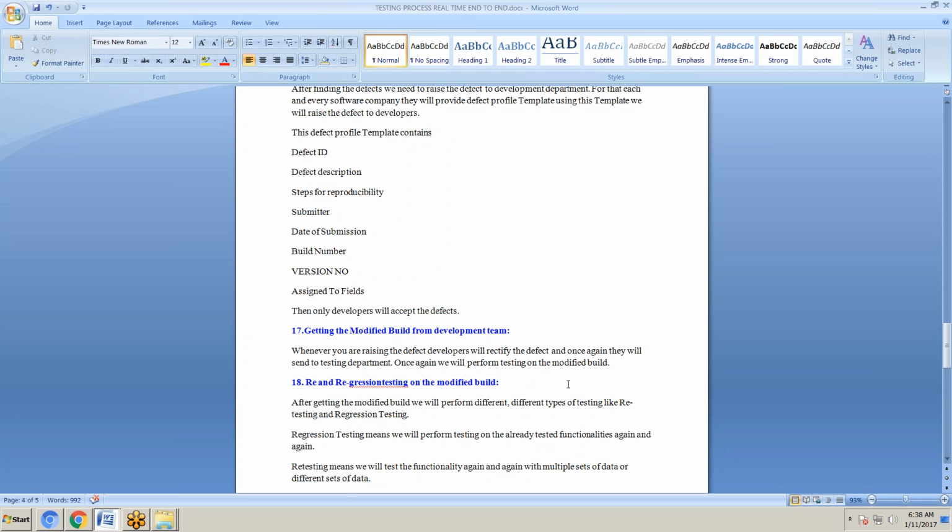If any one new functionality is added by the developer, once again we need to test all the functionalities. Not only the new functionality, the already tested functionalities also, once again we will test all of them. That is called regression testing, right? And retesting. Regression testing and retesting. Retesting means,